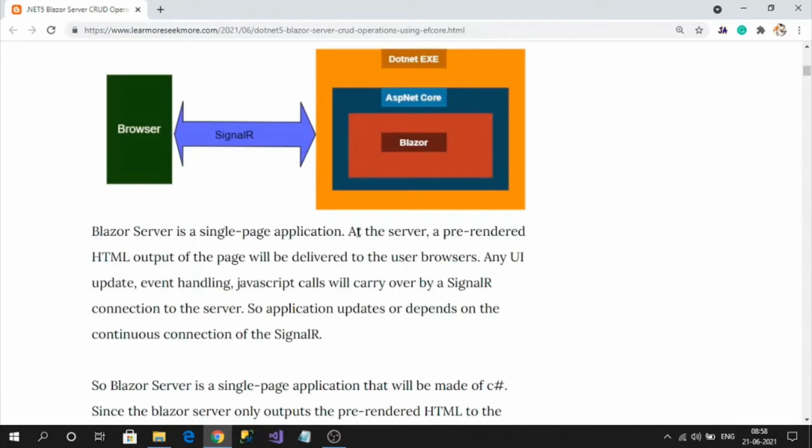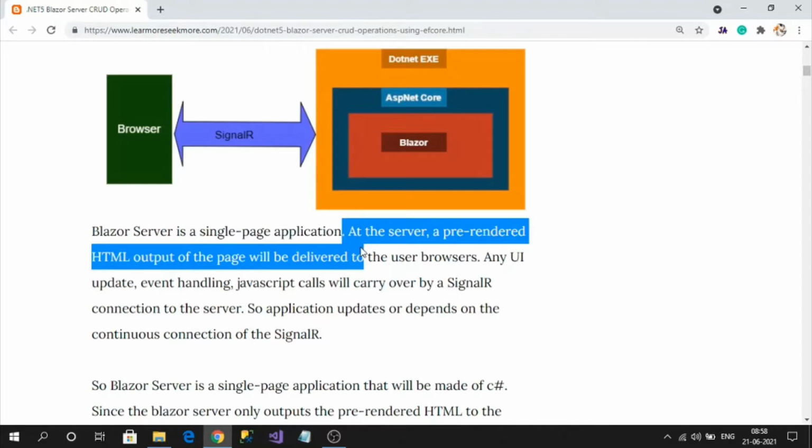At the server, a pre-rendered HTML output of the page will be delivered to the browser. In Blazor server, whenever a user requests, for that specific request the server will render all the data and deliver that HTML to the browser.